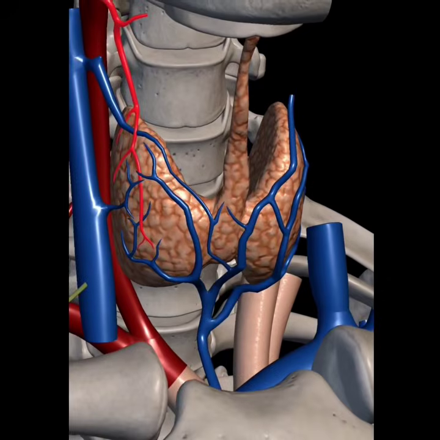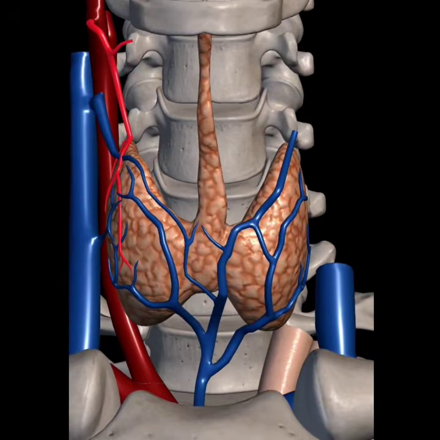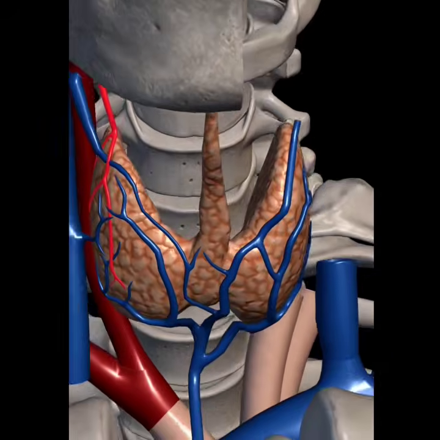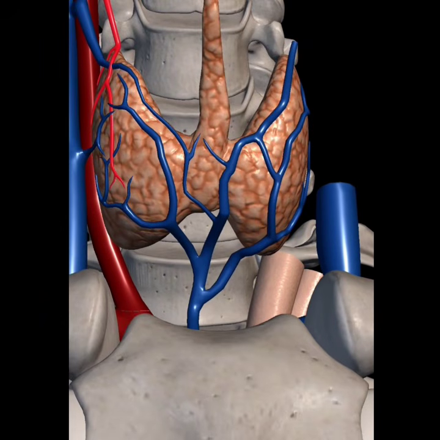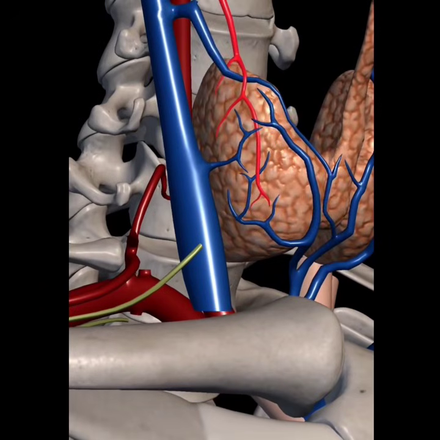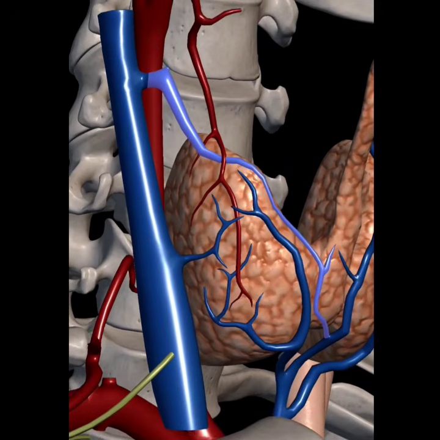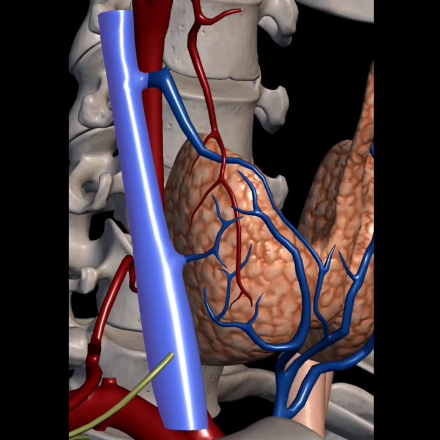Right, now if we talk about the venous drainage, right? For the venous drainage, I want you to see there are three veins. Okay, there are three veins: the superior thyroid vein, middle thyroid vein, and the inferior thyroid vein. Now for the superior thyroid vein, as you can very clearly see here, the superior thyroid vein is getting drained into the internal jugular